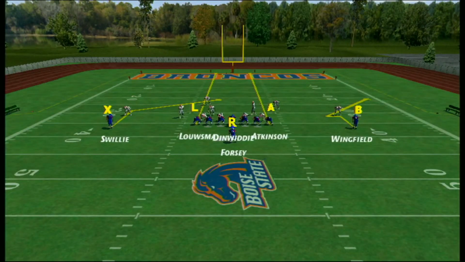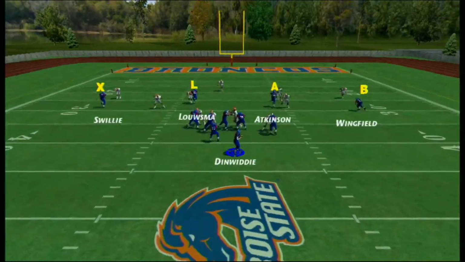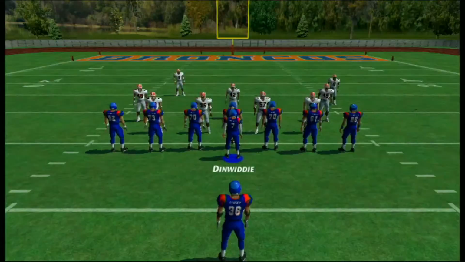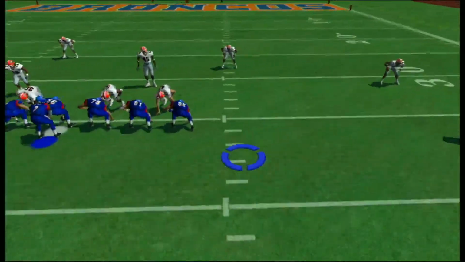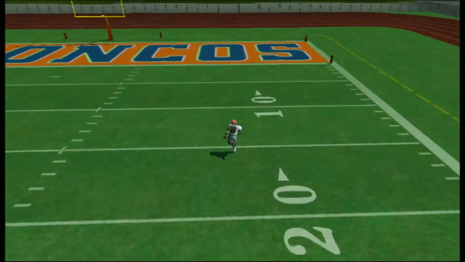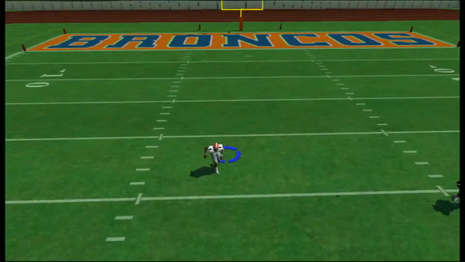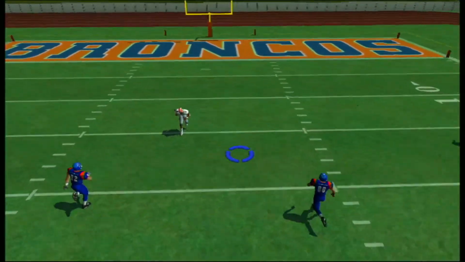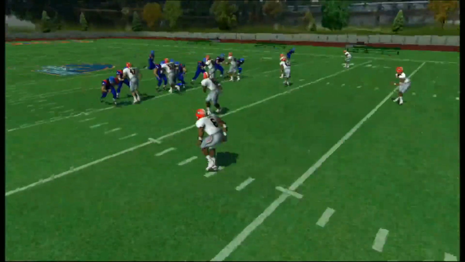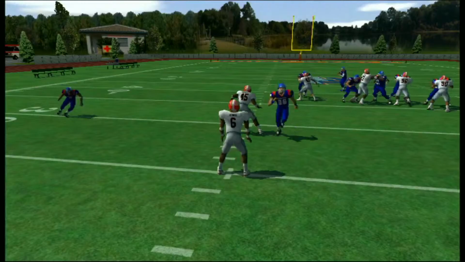And again, we know a single high safety is dropping back, and then we come here, and then we fire the ball down the field. And let's have the conversation here. This is a deep third corner. You can see him dropping deep. This is a deep third safety. Dropping deep. So you've got 2 deep thirds. I said he's in a different kind of zone. Drops back a little bit, and then he sits there.